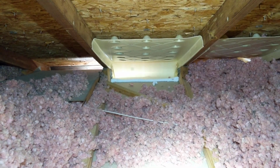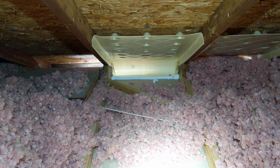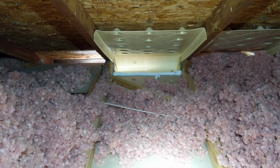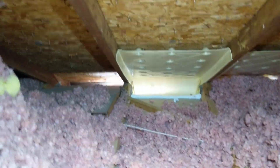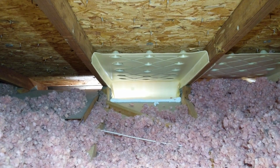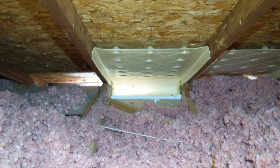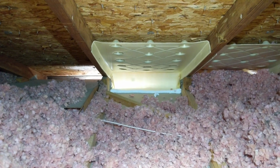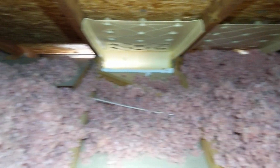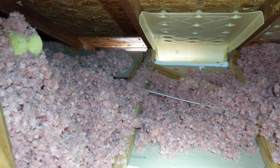Welcome to my pain in the ass DIY attic ceiling and baffle installation. You'll have to excuse the muffled voice. I'm wearing a respirator, which anyone should do, but I'm a severe asthmatic, so it's even more a necessity. So what I'm doing is I'm pulling back all this blown insulation that was already in the house, and